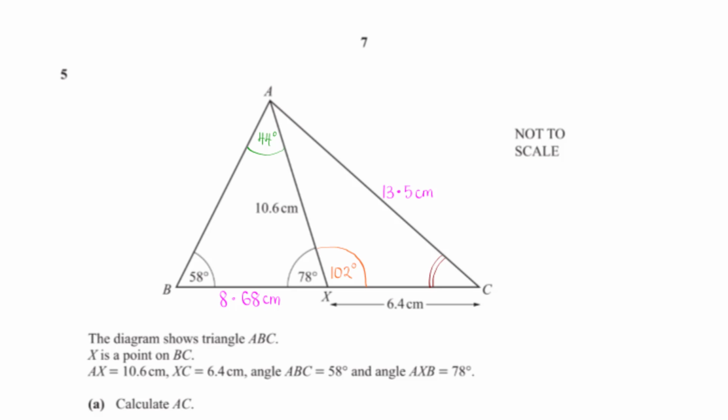The diagram shows triangle ABC. X is a point on BC. AX equals 10.6 centimeters. XC equals 6.4 centimeters. Angle ABC equals 58 degrees. And angle AXB equals 78 degrees. Calculate AC. So looking at the diagram, it will be easier to find the length of AC using the cosine